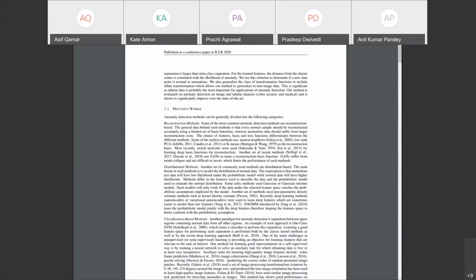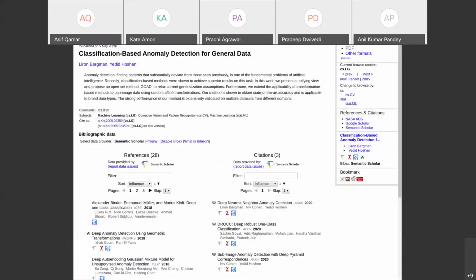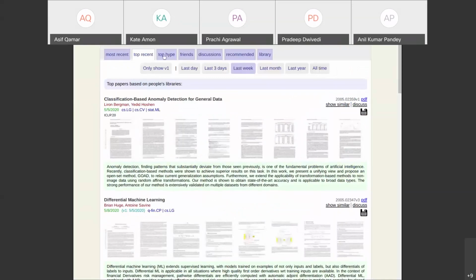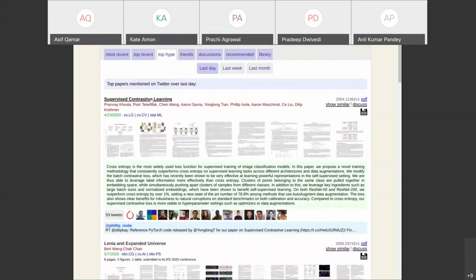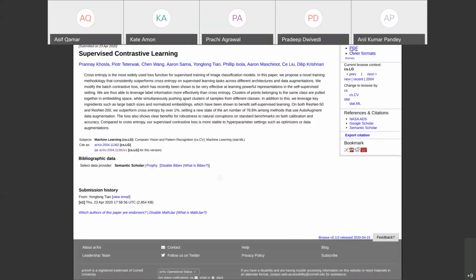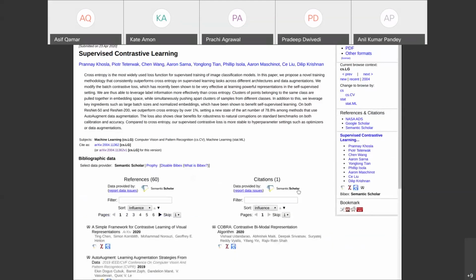And now you can go ahead and read other things. You can say, I'm done with this, I learned something from it, but that is it, right? And then this paper, by the way, is a very interesting paper, supervised contrastive learning. You come across a paper like this, and you look at the citations, at this moment only one citation, and you ask yourself, is it something that I would like to learn about?